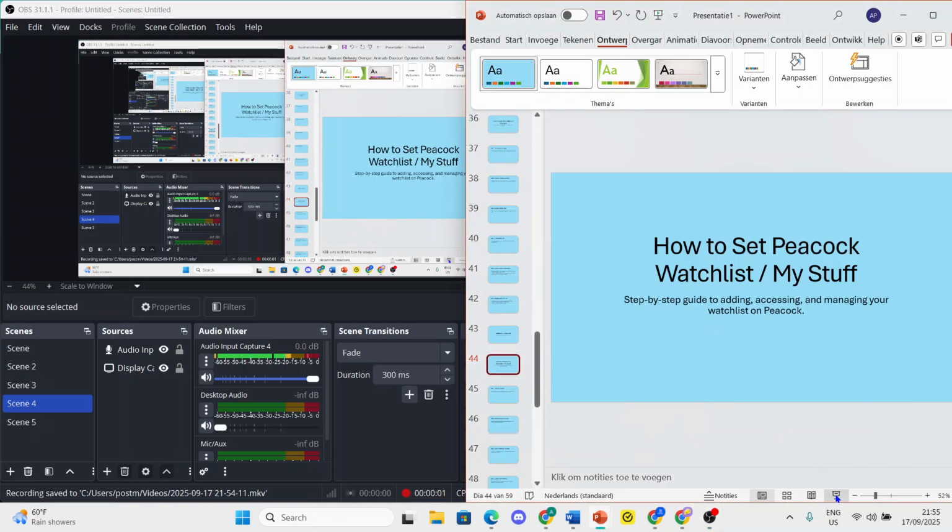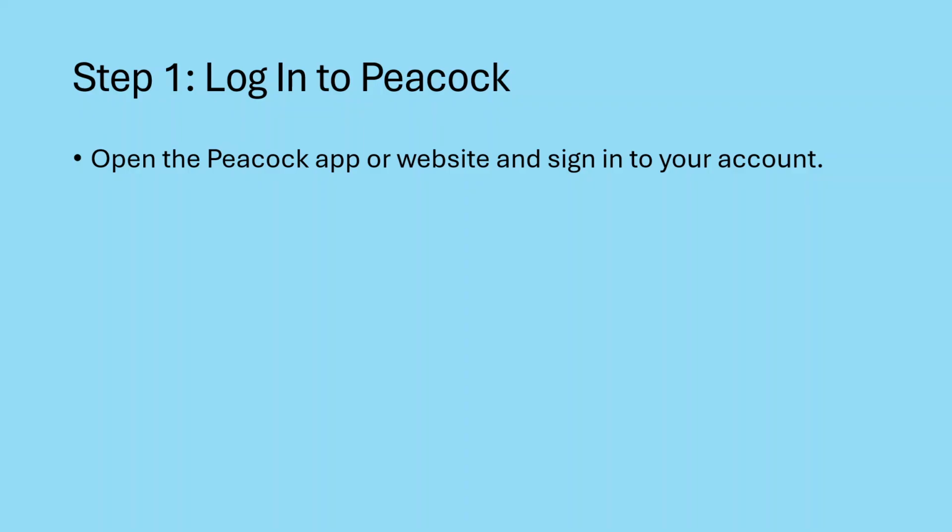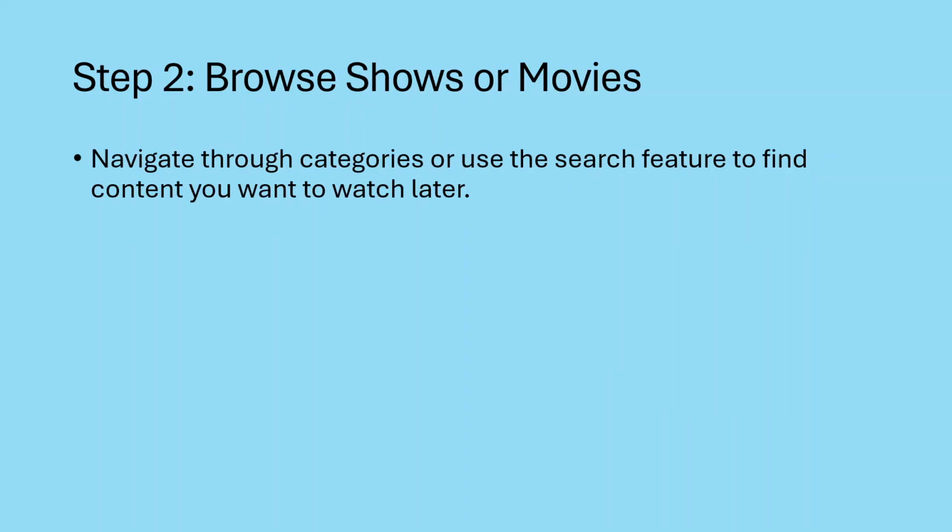In this video, I'll show you how to set up Peacock Watchlist and My Stuff. Step 1, log into Peacock. Open the Peacock app or website and sign into your account. Step 2, browse shows or movies. Navigate through categories or use the search feature to find the content you want